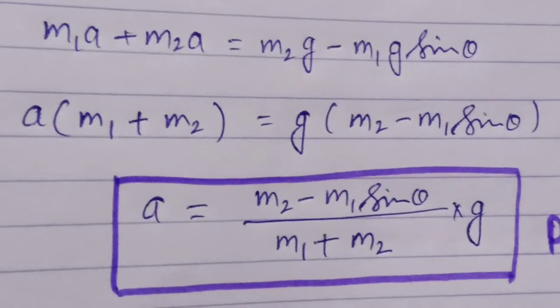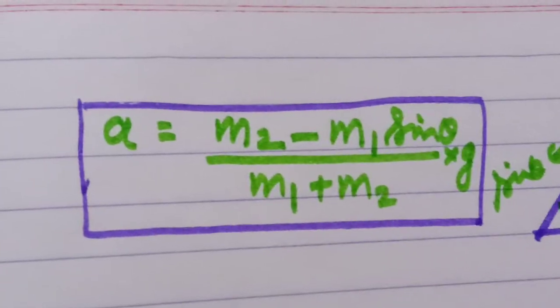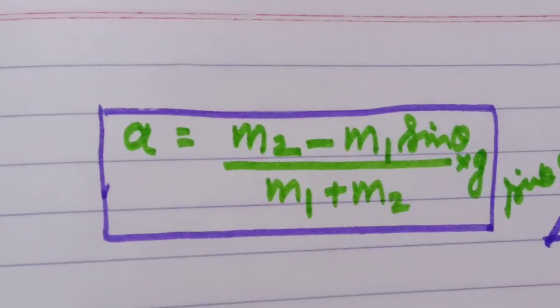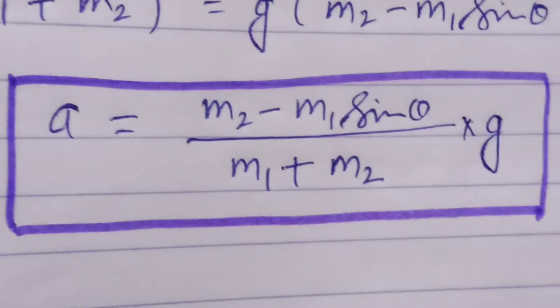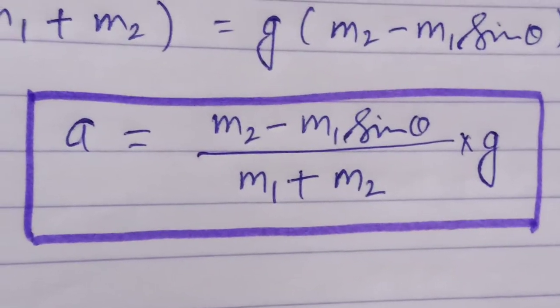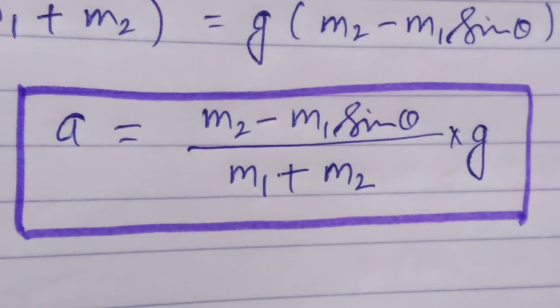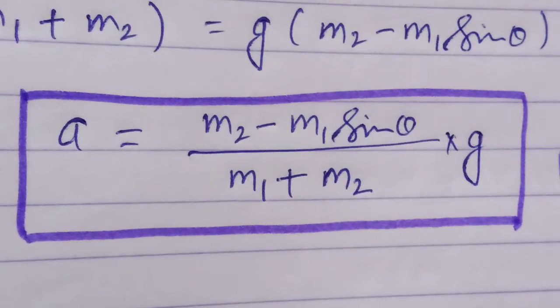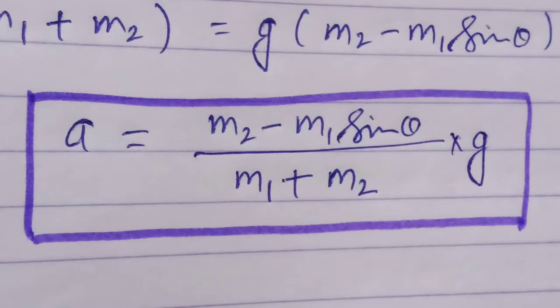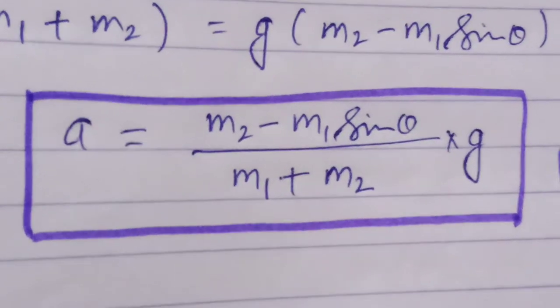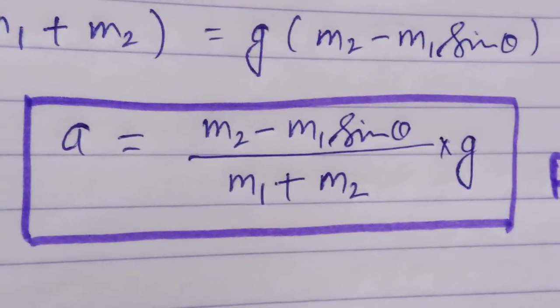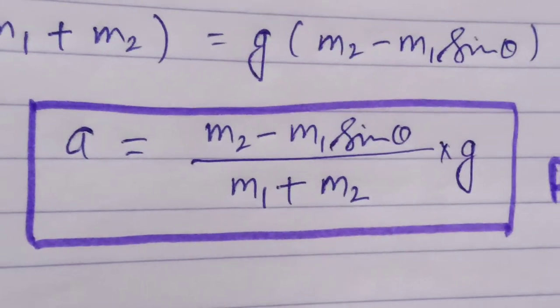What we find by the short trick is this, and by the whole procedure we find this. Both are the same. So if we apply the short trick, we save a lot of time. And hope you understand the whole process, and you can solve the pulley problems within seconds with the help of